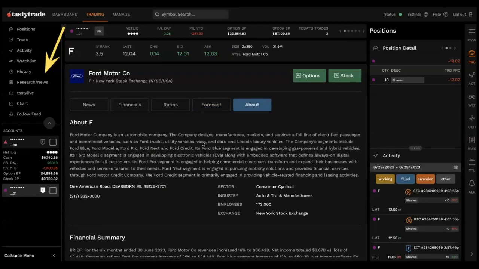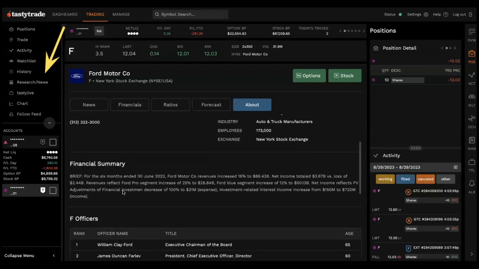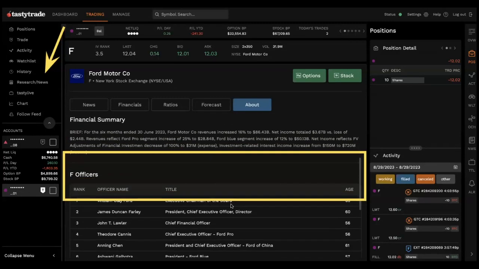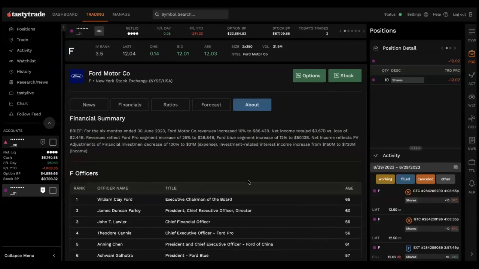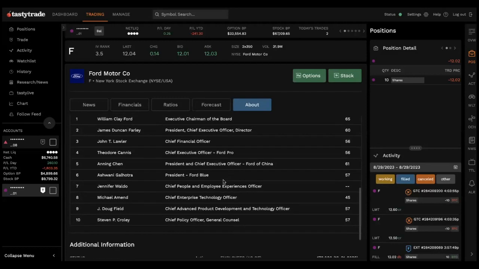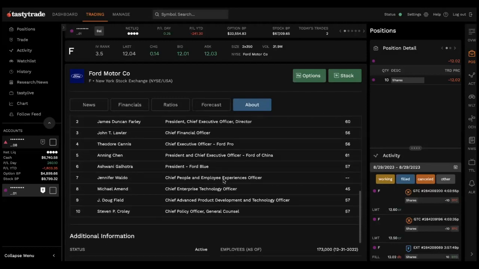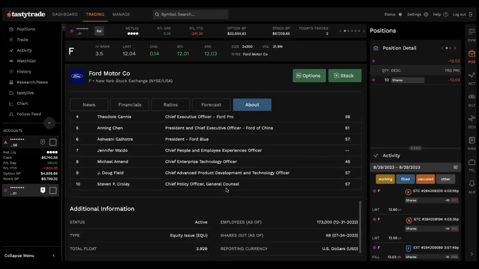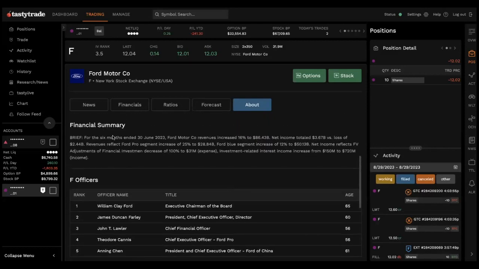So a quick description of Ford, brief financial summary. This section right here is super, super nice. I like to read this on the companies that I'm analyzing. And two, which is just kind of crazy that they have this at this point, but you can check out all the people that are on the board or are directors or chief CEOs, kind of part of that chief team. Check that all out there. So super nice information in our research tab. We're still building it out as well with a little bit more stuff, but let's go ahead and get into